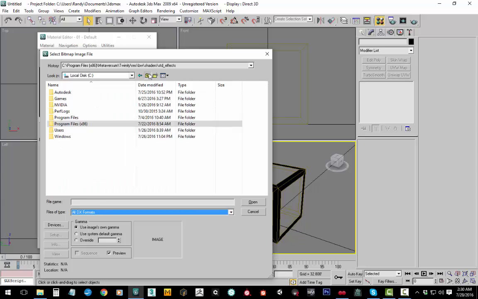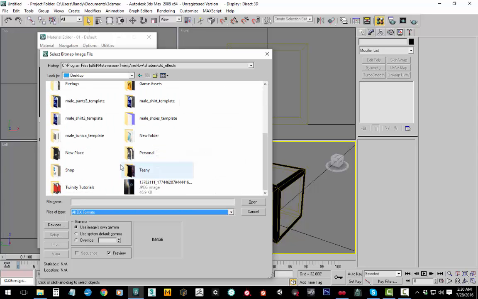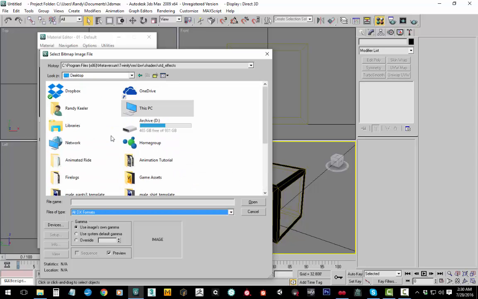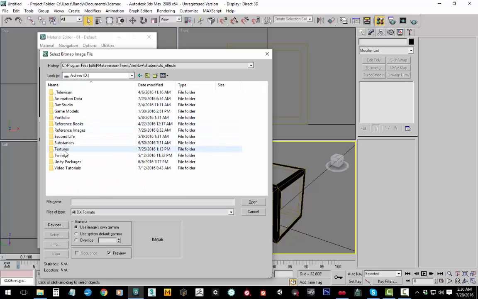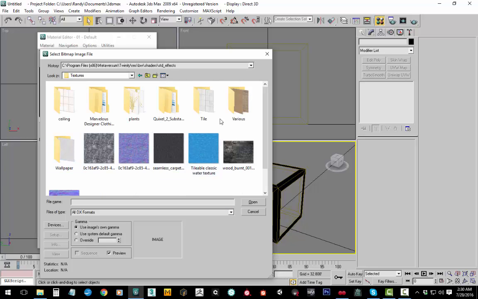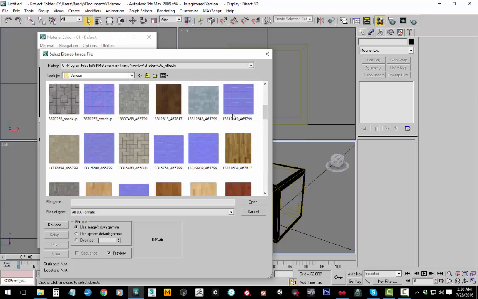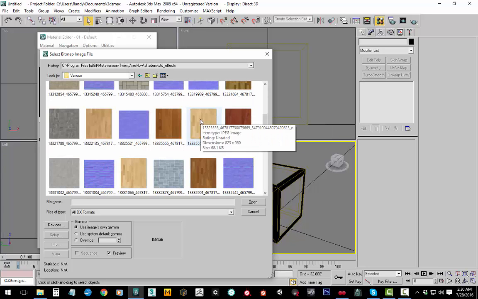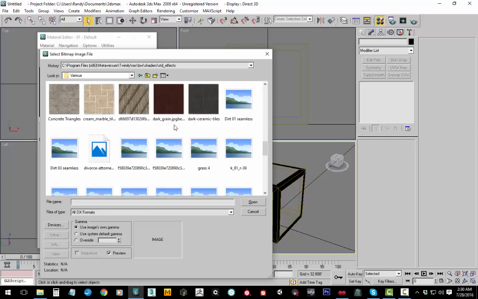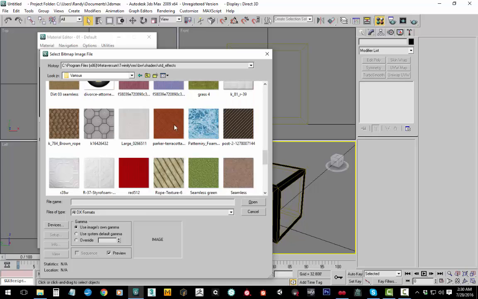next I'm going to add my texture. Let's see here, archive, textures, various, and what am I going to throw on there? One of the other things that you need to keep in mind is that when you're using the DirectX shaders for Twinity,